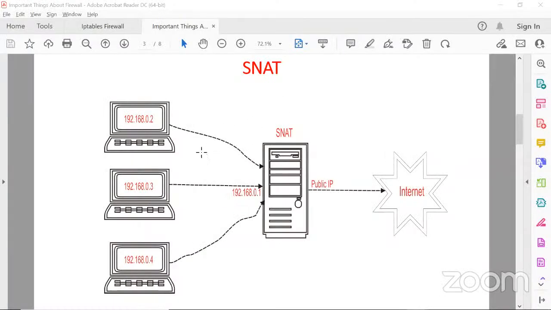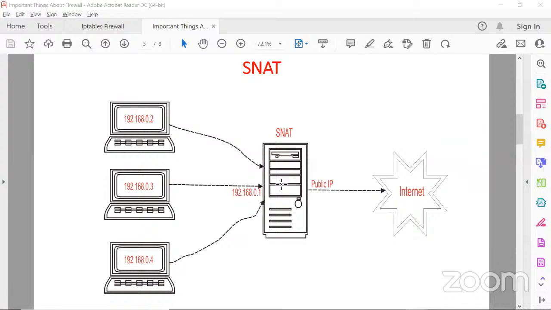by using this private address, you cannot access the internet. So what we generally do is place one SNAT device there. What is the purpose of this SNAT device? It will have two network addresses: one the private address, and the other the public address. Suppose this system wants to access the internet, google.com. Directly it cannot access.